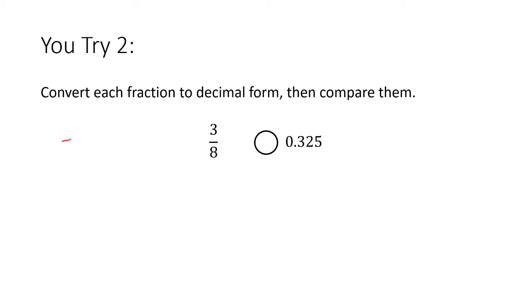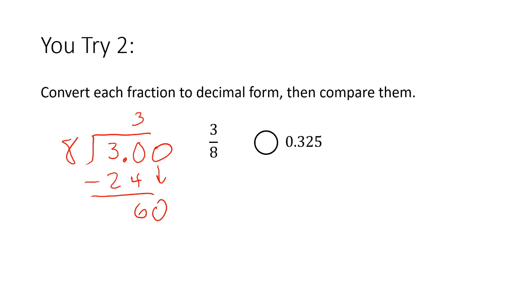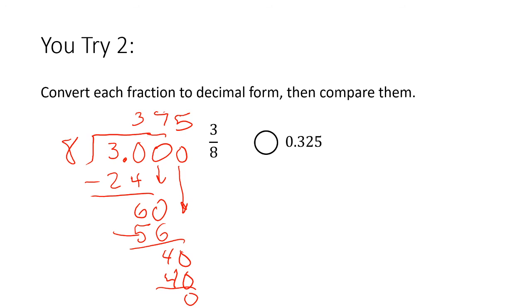Okay, now that you've done that, let's do this last one together. 8 can't go into 3, but it can go into 30. 3 times 8 is 24. I'll have 6 left over. Have to add another 0. 8 goes into 60. Let's see, 5 is 40, 6 is 48, 7 is 56, so 7 times 8 is 56. Have 4 left over. Drop this final 0. 8 goes into 40 5 times. 5 times 8 is 40. I'll have 0 leftovers. Pop up the decimal,